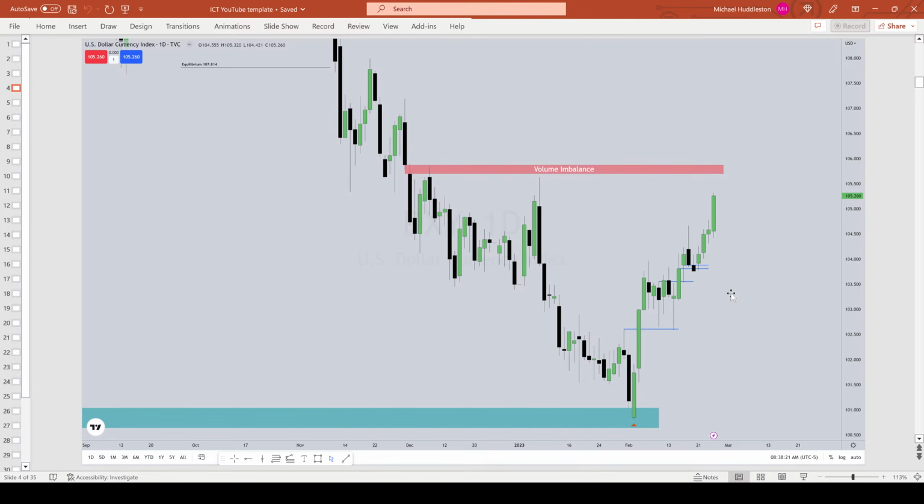So the way you pass those challenges, the way you find consistency and finding setups that work in your favor is by following what these daily chart PD arrays are indicating. Where is the liquidity? Where are the inefficiencies? Is there any inefficiency from this high down in here that we would be concerned with where we close on Friday?